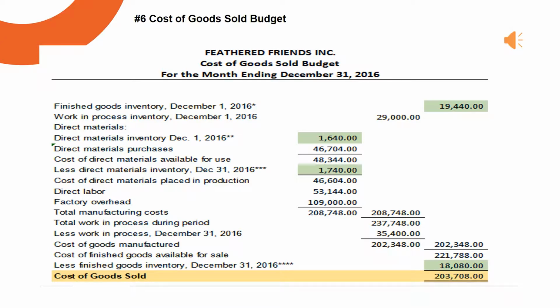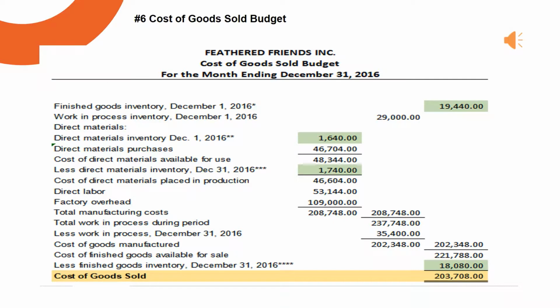So that would give us the total for that period in terms of the work in process. And then we would deduct the work in process ending account balance of $35,400. So the total cost of goods manufactured for that period would only be $202,348. So in order for us to get the cost of finished goods available for sale, you add your cost of goods manufactured that we just calculated to the finished goods inventory beginning amount, which we already calculated a while ago as well, of